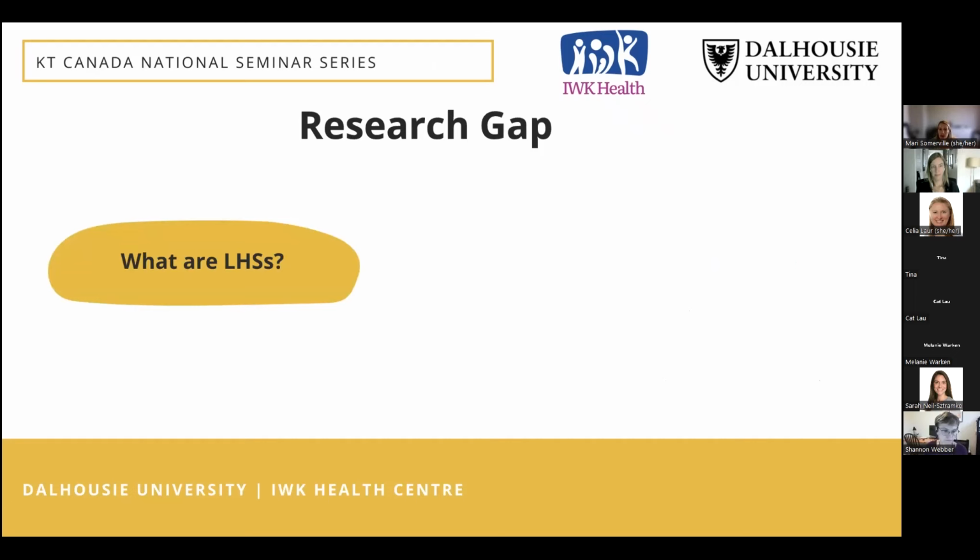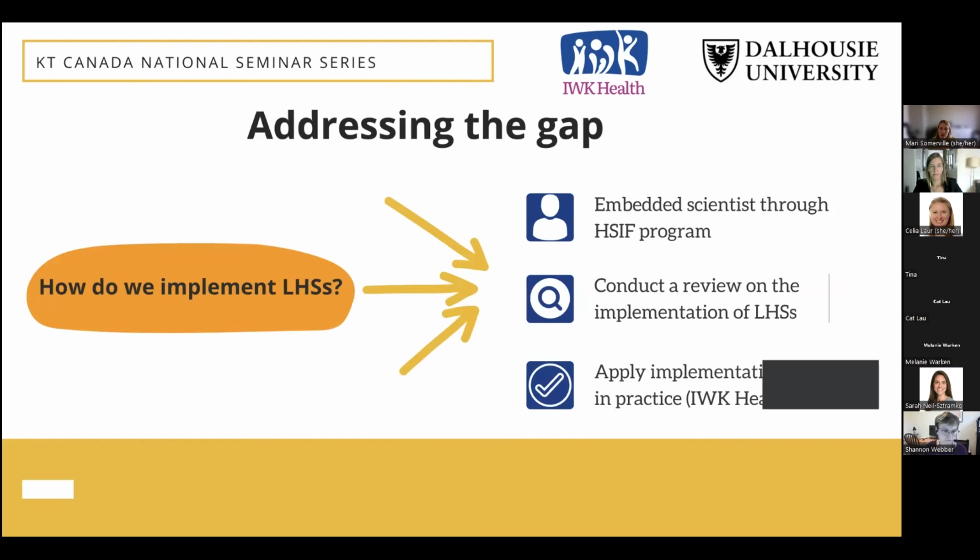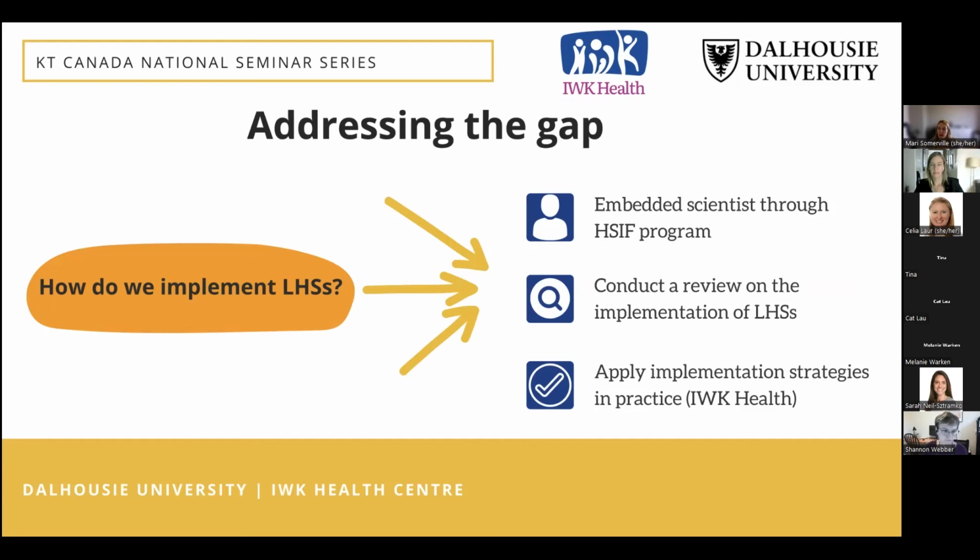So we have a lot of evidence out there explaining what a learning health system is and what those core features should be, what it should look like. But we don't have as much information out there telling us how do we actually implement a learning health system? So how do we apply these components in practice? And so that's where my current program of research is focused, trying to help us move the science forward and better understand how we can actually take those learning health system concepts and start putting them into practice. So I'll be talking about 3 ways that I'm doing that through my current